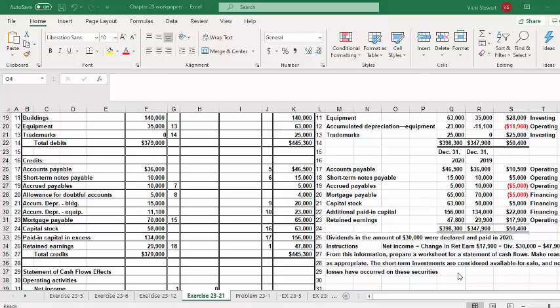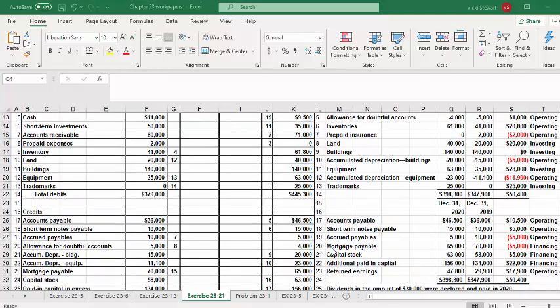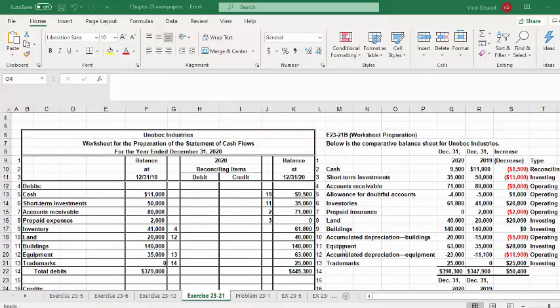The problem states, from this information, prepare a worksheet for a statement of cash flows, make reasonable assumptions as appropriate, and the short-term investments are considered available for sale, and no realizable losses have occurred on these securities. So the worksheet is used to help to enable us to make sure that we do the statement of cash flows properly. One thing that we have to do when we set up our worksheet is we have to include first on one side, the left side, the balances at 12/31/19, and then on the right side the balances at